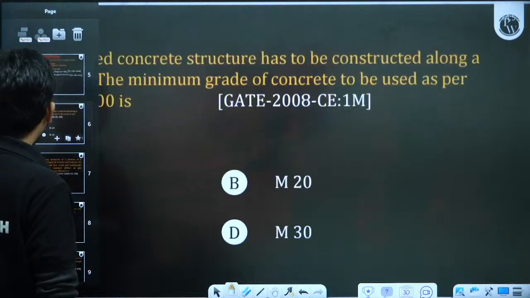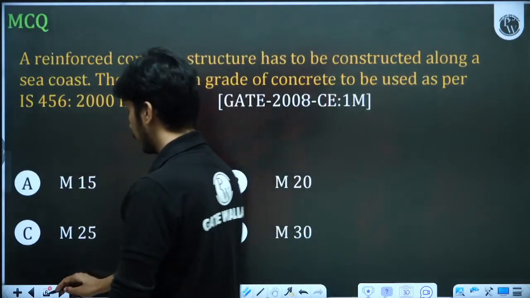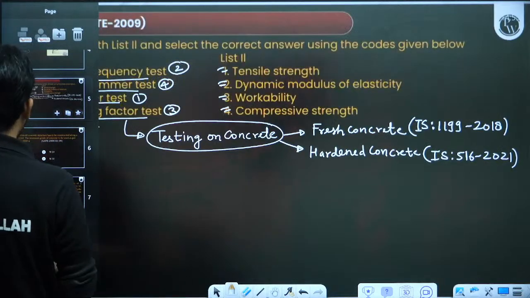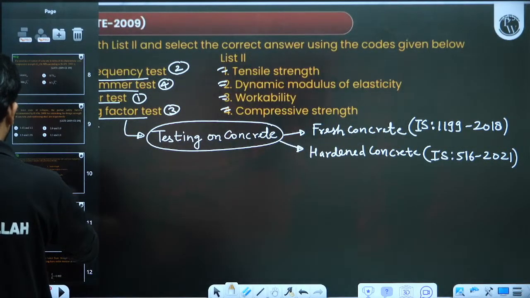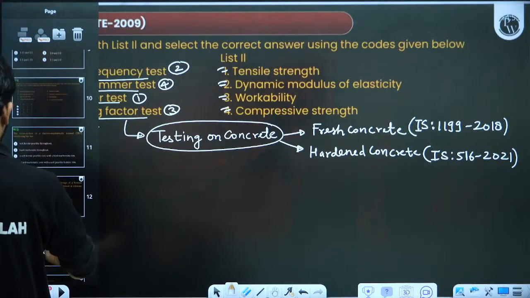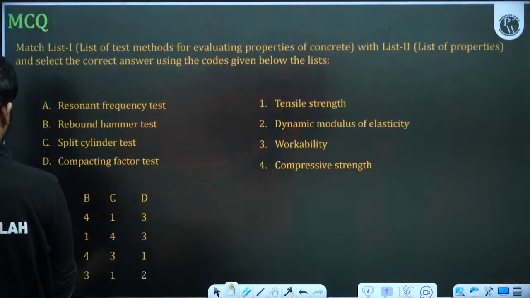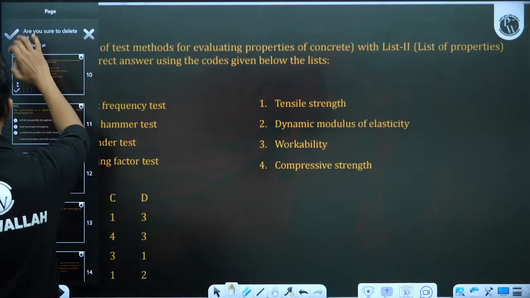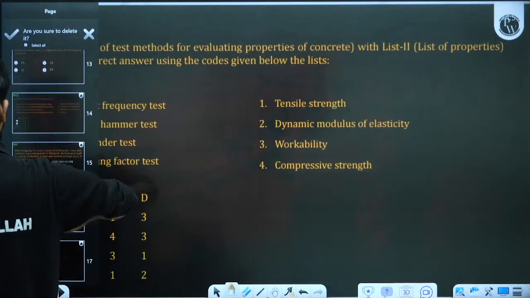Okay, next thing. Next thing is a reinforced. No, I have to give you some more questions of match the list. First, let's complete these match the list things. So this question is saying, I think, resonant frequency test. This is same. I'm deleting this question. Some questions are almost same, like